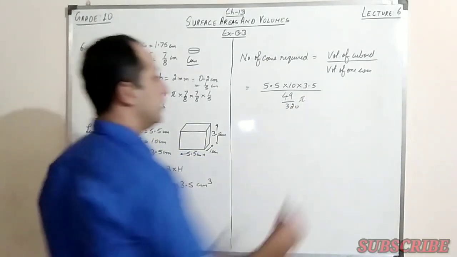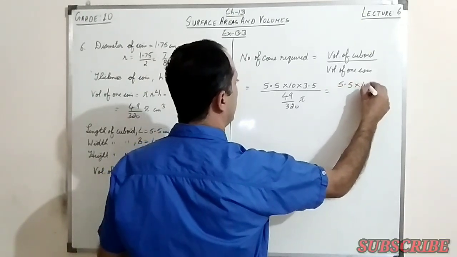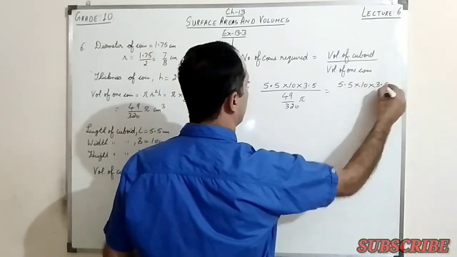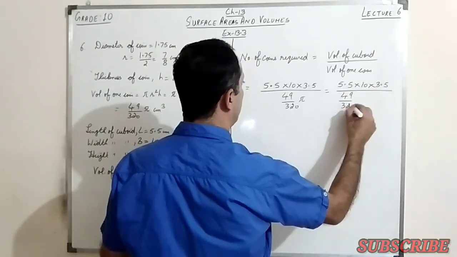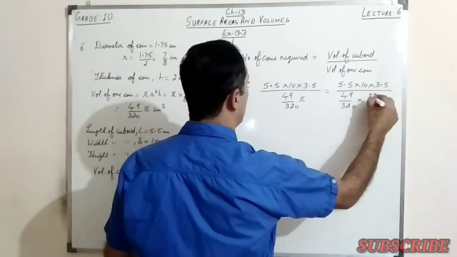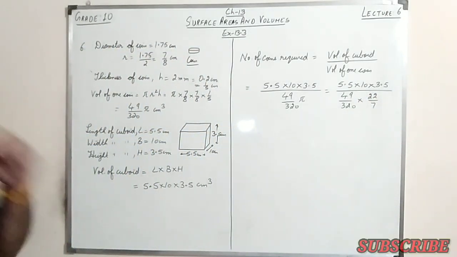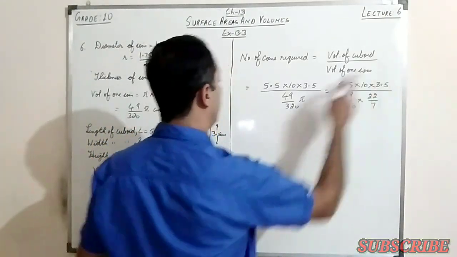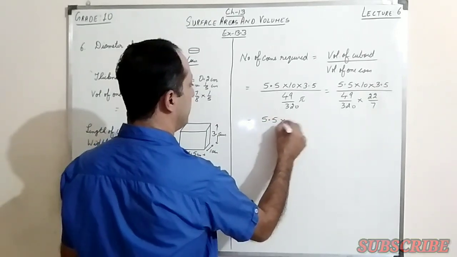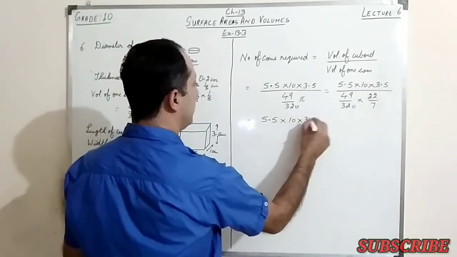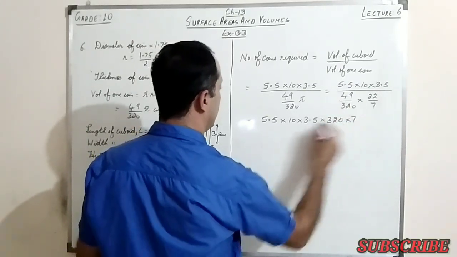Again, this is 5.5 multiplied by 10 multiplied by 3.5 upon 49 upon 320, and this pi can be written as 22 divided by 7. Now you see, by the way we do the operations, this 320 and 7 will come in the numerator. So the next step would be, this is 5.5 multiplied by 10 multiplied by 3.5 multiplied by 320 multiplied by 7 upon